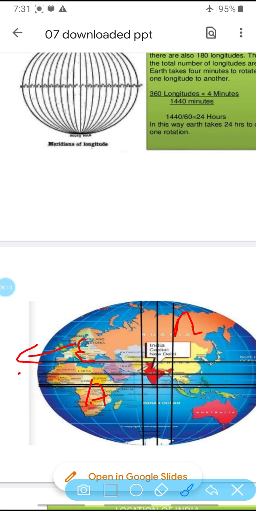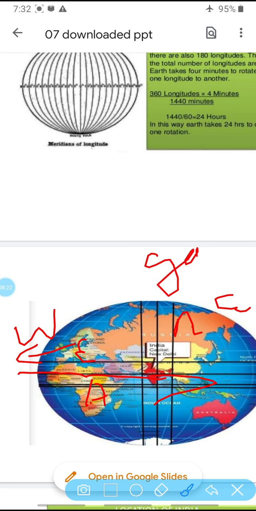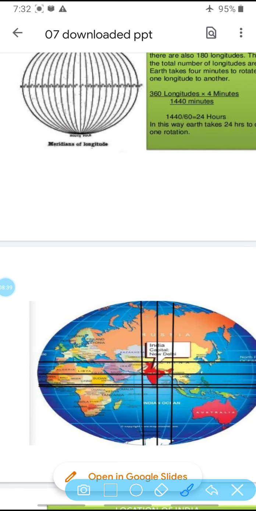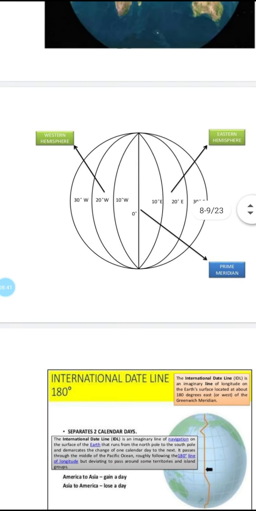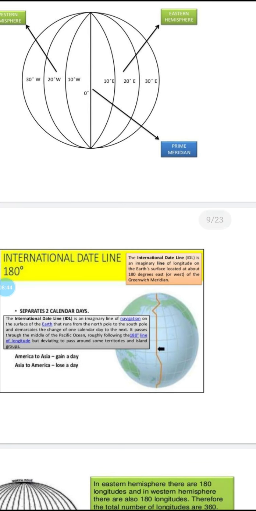So when we are coming from this side, the sun always rises in the east, so we are coming from west to east. The earth always moves from west to east. In which direction is the earth rotating? It rotates west to east. So when we come to this side, what will happen? We will gain, that is, a day will be gained. And when we go east to west, when the earth moves in this way, this area will come in front of the sun and the area which is behind will not be in front of the sun, so that area will lose the day. It means there will be night. It is told in this, that is written, America to Asia, gain a day.